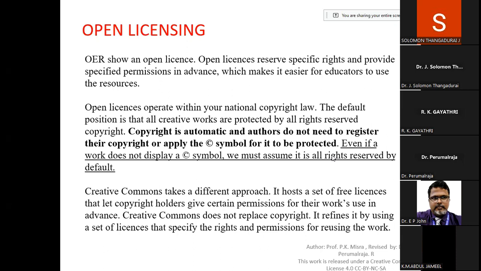And next, open licenses operate within national copyright law. Again, the default position is that creative works are protected by all rights reserved copyright.